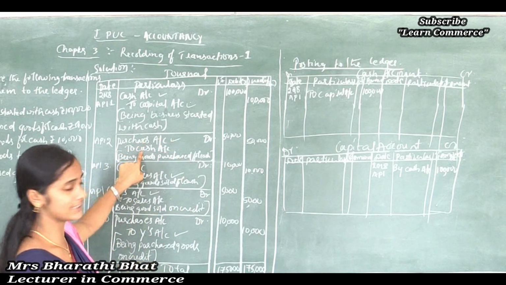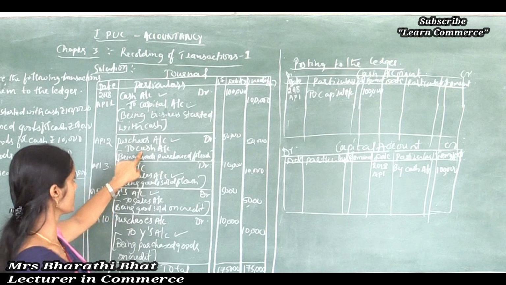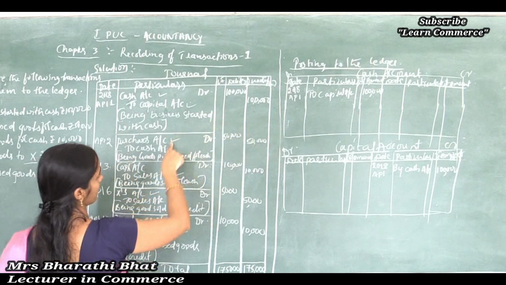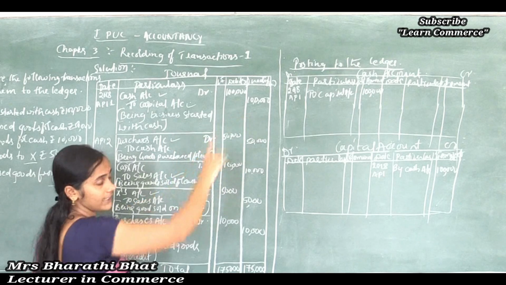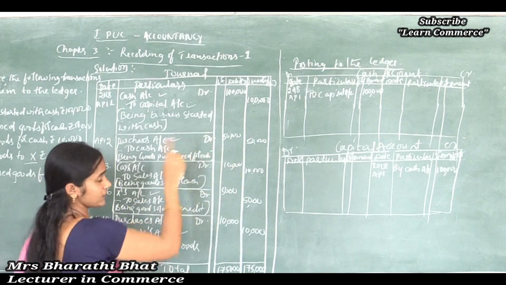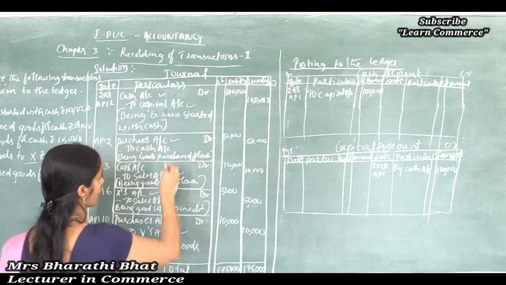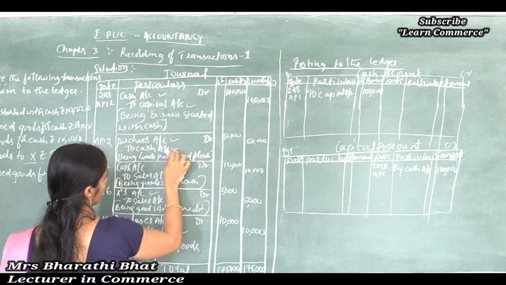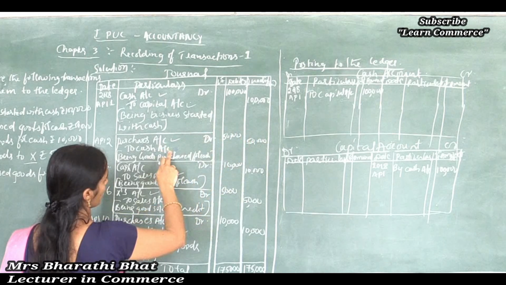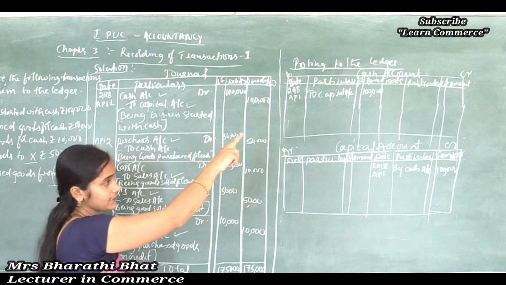Purchases account debited to cash account. In the first one we are preparing the cash account. So how can we record this amount in the cash account? This particular transaction affected the cash account. Correct, right? We already prepared the cash account, so we can easily record this amount in the cash column, meaning the cash account.